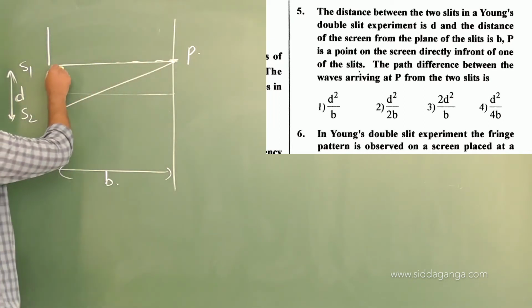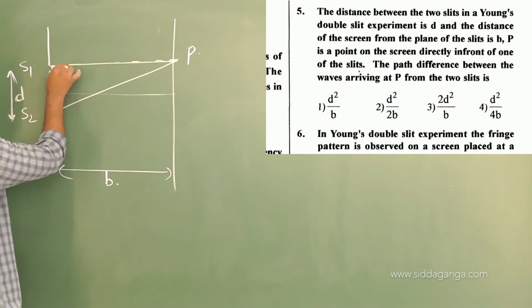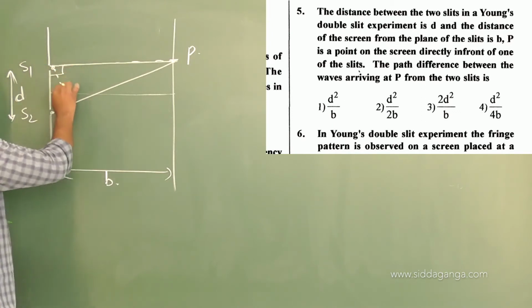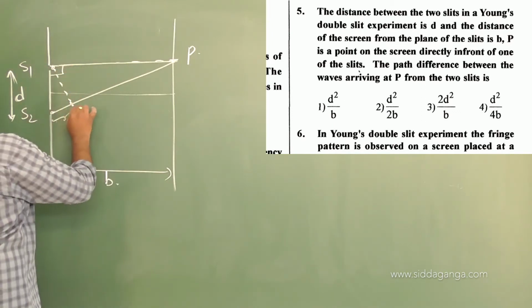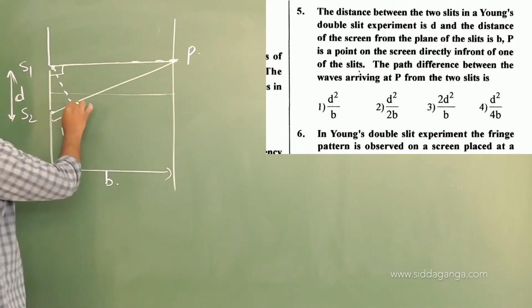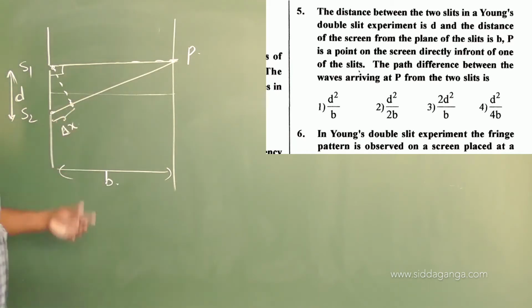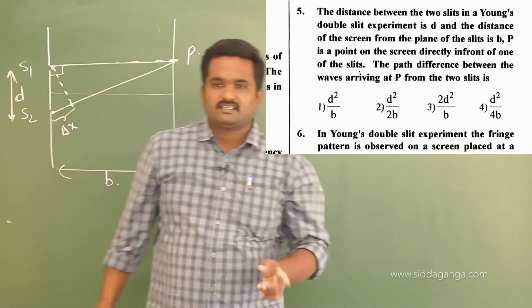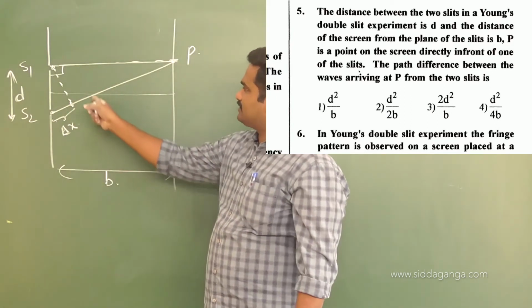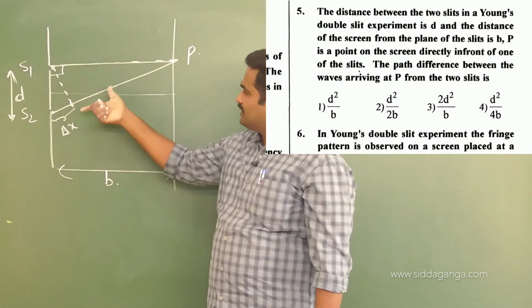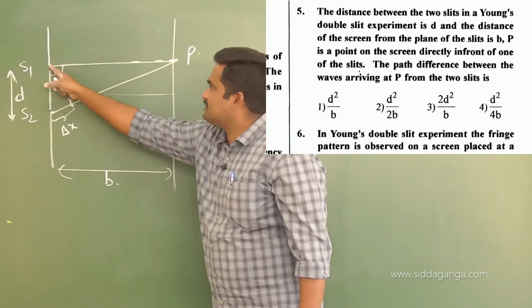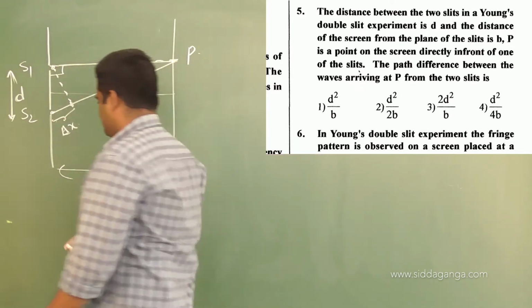So that's why, if I am going to see this, this is perpendicular for this, and also if I am going to draw this particular thing, this is what we are going to call the path difference, delta x. What is this path difference? Path difference means how much extra path this second wave has travelled compared to the first wave, meaning S2P minus S1P itself is the path difference.